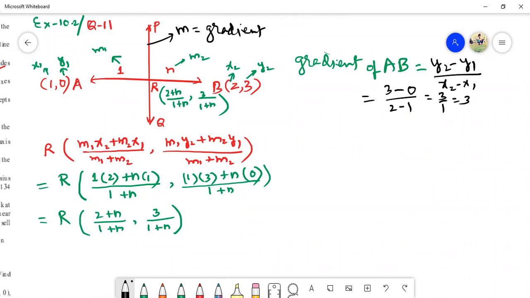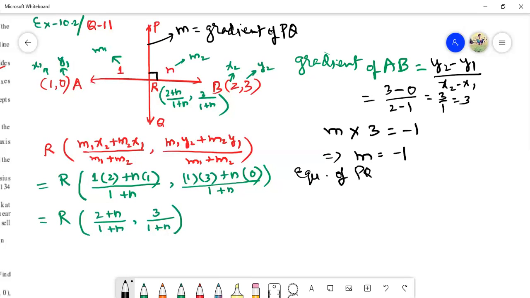So they are perpendicular because it is given. So the gradient of PQ into the gradient of AB will be equal to -1. So we get the gradient of the line PQ. Now we know the gradient of the line and that it is passing through this point. So the equation of PQ is,